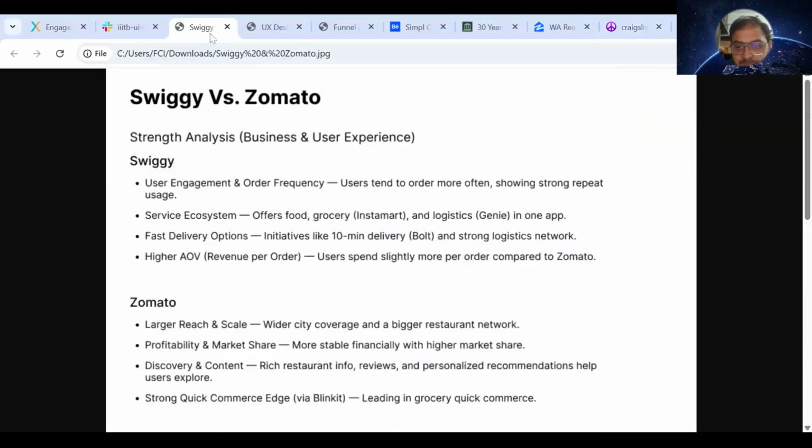So first is Swiggy versus Zomato. Yesterday we covered Pizza Hut and Domino's. In the same way, what exactly is the strength analysis, if I talk about the strength of Swiggy versus Zomato? Okay, so I'll quickly tell you in one line. So Swiggy basically,